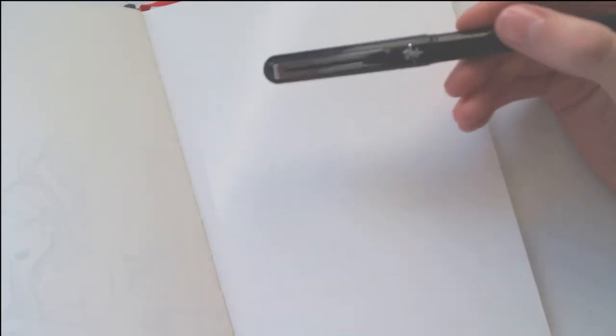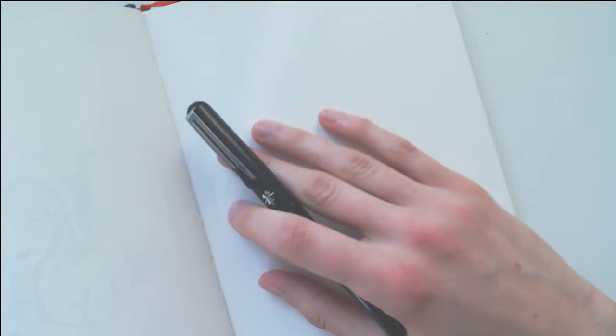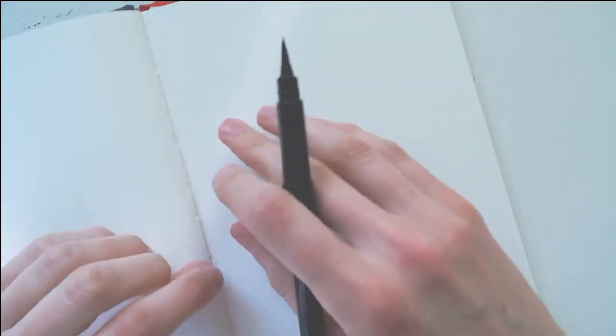I'm just in the mood for sketching a little bit. I have my Pentel Pocket brush pen. I really love this pen, and I've used it a lot since it was gifted to me. I'm just in the mood to draw with this brush pen, and I've decided to simply draw some ones,